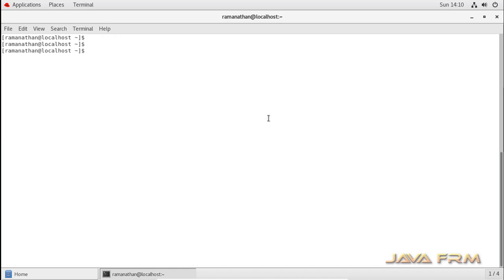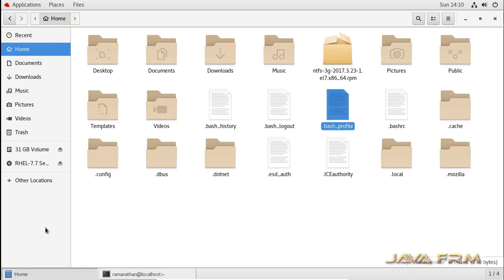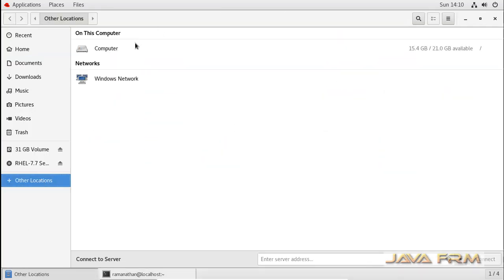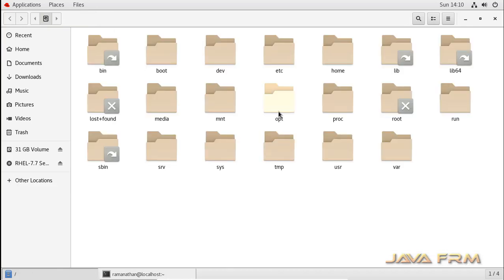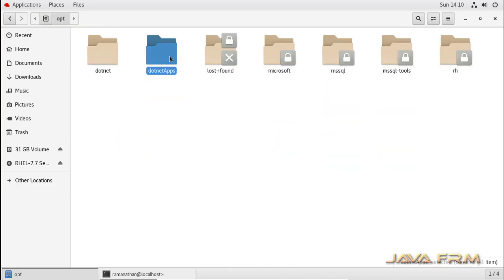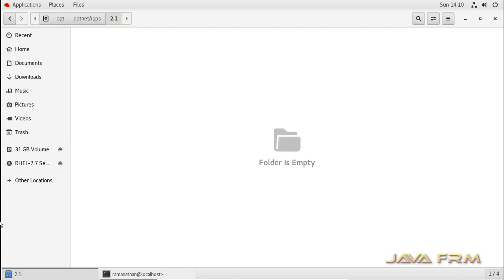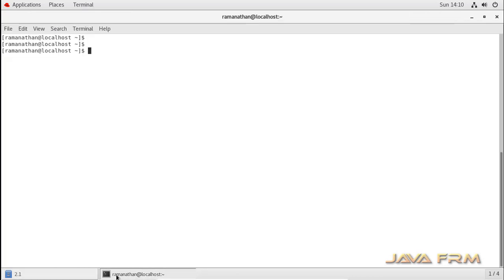So .NET is installed successfully, but we are going to create sample applications.